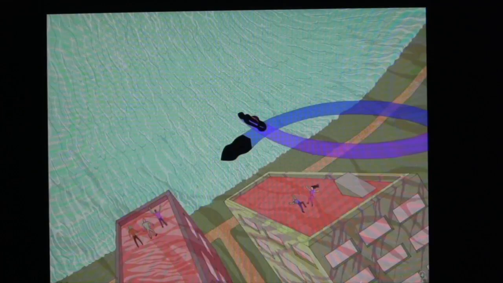Sir, I'm reading 2 storm fronts approaching over the city at Mach 7. Oh, this is going to be good! Pulsars. Maximum dispersal pattern.